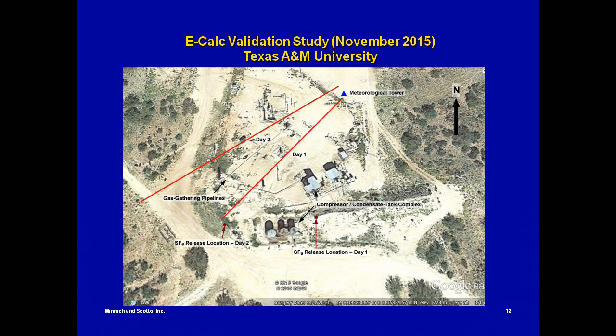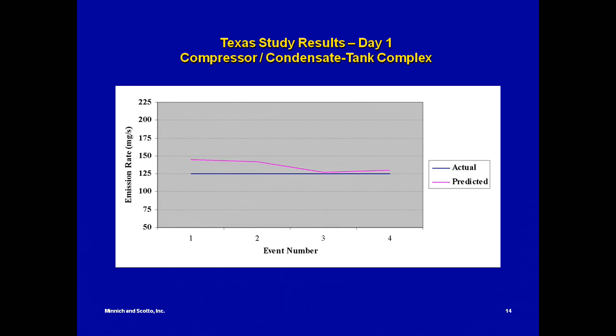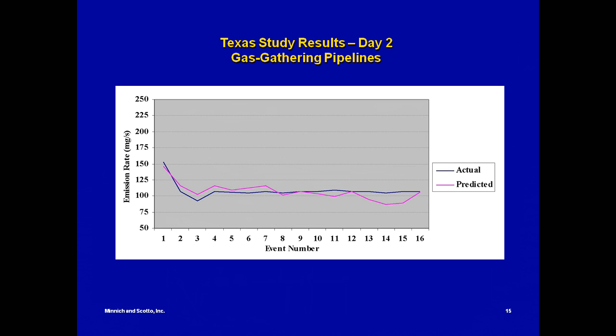And this is a picture of the condensate tank and the layout of that work. Okay, so, sorry. Day 1, remember we had 4 events, and this is the actual, the straight across line, the darker one, and the predicted was that. And this is for day 2, the 16 events to simulate the gas gathering pipelines. You can see, we're not showing statistics here, but you can see how really close we came to getting the